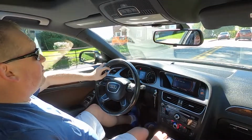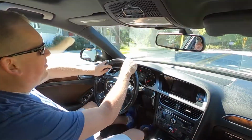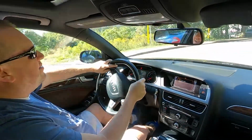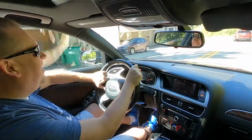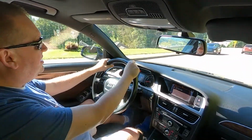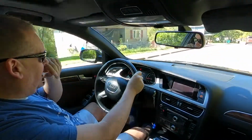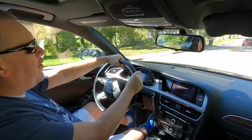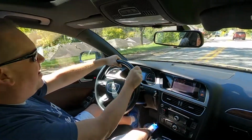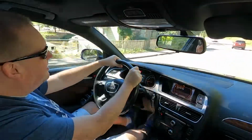And the most attractive thing about it is when you get it in some turns and see how this thing holds the road. Now, I'm a little bit of a bad driver. When I say I'm a bad driver, it's because I'm a good driver. I've never had any big crashes in many years. Had a couple of those in my teen years where I overestimated my driving skill and exceeded what the car was capable of, or took the car to a point that I wasn't capable of controlling it. I've done that a couple times in my life. I think I'm a little smarter and a little better driver in my older age though, so I don't really have those problems anymore. But I think